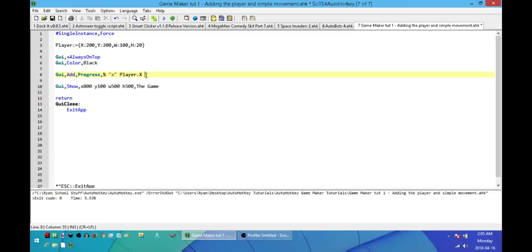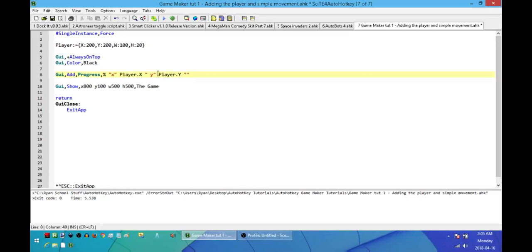Next, I'm going to do Y. So I need to open and close quotes. This time I need to make sure I add a space before I put Y, because otherwise, if you can imagine, let's say X10, normally you'd have something like X10 space Y10. If I was to do that without the space, it would probably give me an error. So to get that space right there, in the quotes I need to literally have that space that separates these different values. So remember that if you have an error, this could be one of the things giving you a problem if you type this out. Okay, besides that, I'll reference player.y,